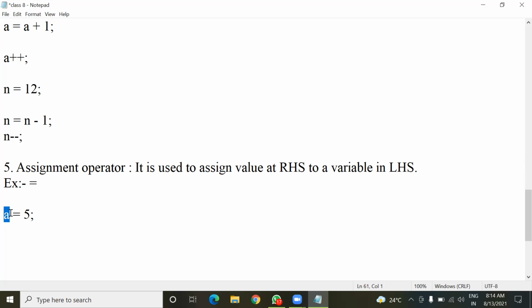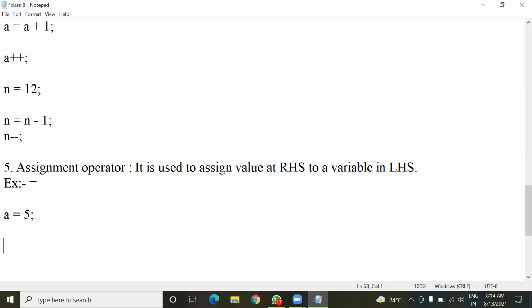Whatever expression or value is present in the RHS will be assigned to the variable in the LHS. So this is called the assignment operator. Understood, everyone? Yes, sir.